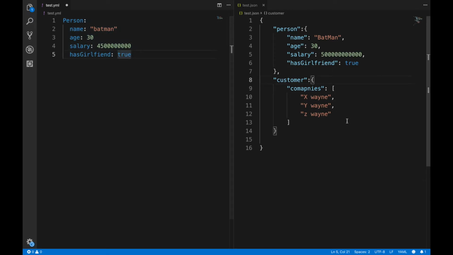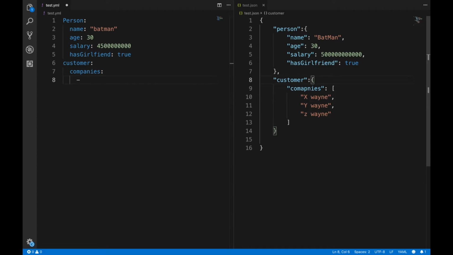So how can we write this array in the YML format? We will add the parent value which should be customer, then a colon, then enter and tab for the spaces. Now we will write companies here and give a colon as well, and we have to write the array, right? So after companies, you just press tab once again and write a hyphen.